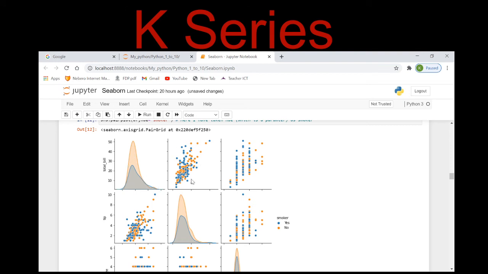So from these graphs, we can easily make out there's hardly any difference whether the person is a smoker or non-smoker. We can't make out who is a smoker or non-smoker, or what the trend of giving the tip is. So through this graph, we can easily make out that the smoker categorical feature is not that important to make our inference.